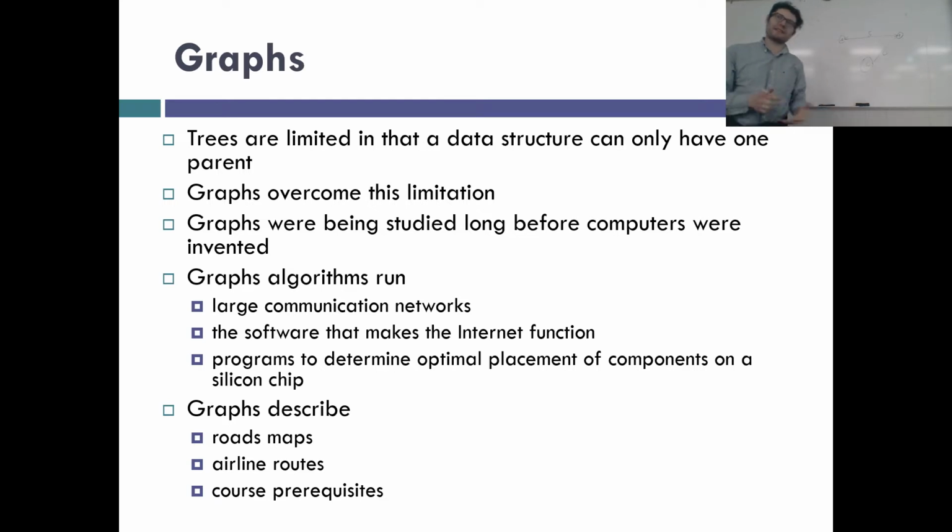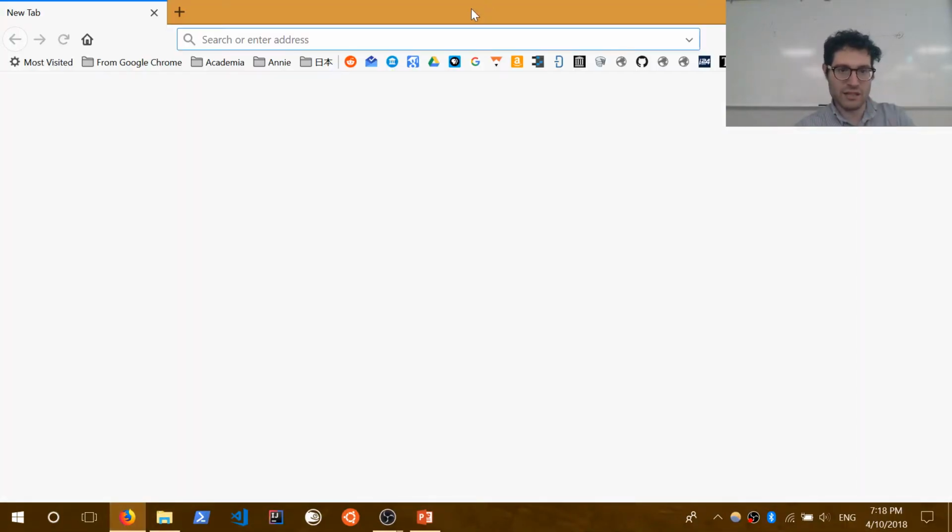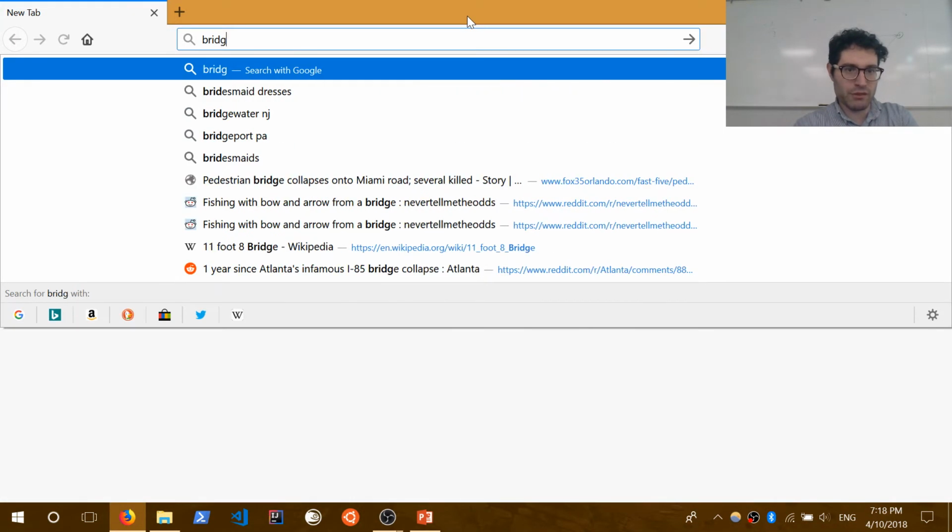Instead, we use the terminology neighbors. I guess maybe somebody was watching Mr. Rogers that day. But graphs have been studied long before computers were invented, and then they got folded up into computer science. This is really where computer science and mathematics intersect, or intersected. One famous problem was the Bridges of